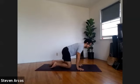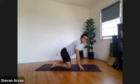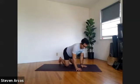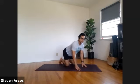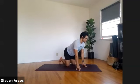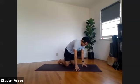Please walk your knees in a little bit closer, only this time, instead of coming up to the palms, the knuckles, we're coming up to the fingertips. Lift up to your fingertips, lower your palms back down. Lift up to your fingertips, lower the palms. Fingertips, palms, going 5, 4, 3, 2, stay on your fingertips, 1, bring your chin to your chest, tuck your